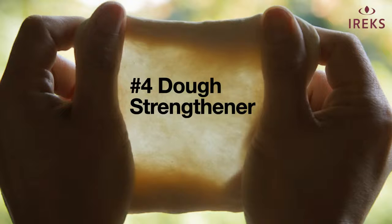You don't have space for a 14, 15-hour bulk ferment. You don't have a gentle process. You don't have a stress-free process. You don't have nice stress-free dough dividers, okay? And this is why a lot of you are going to figure out, oh no, I need a dough strengthener,